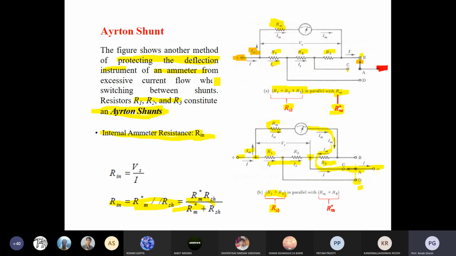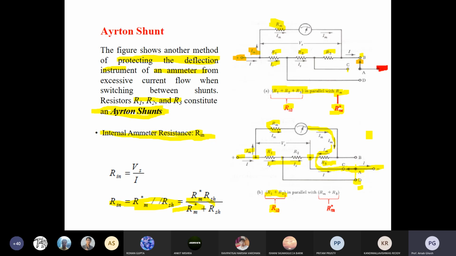So there are three terminals, like your 3-point starter. Different terminals are there. First condition, you can see A terminal is fixed, connected to B. Then you change from B to C, then C to D. So the conductivity of the path is very high. Normally it happens with a copper path, meaning in a switch the copper bars are there.